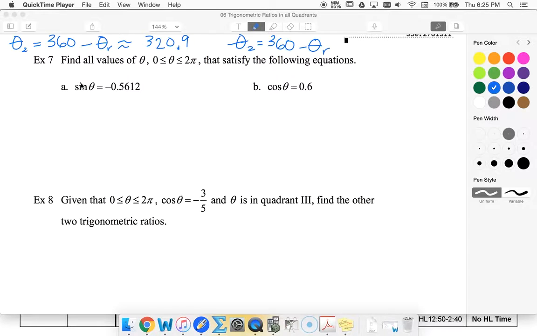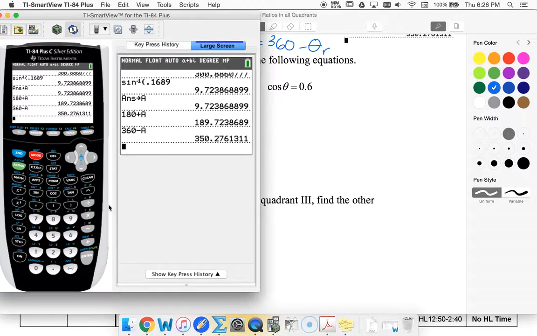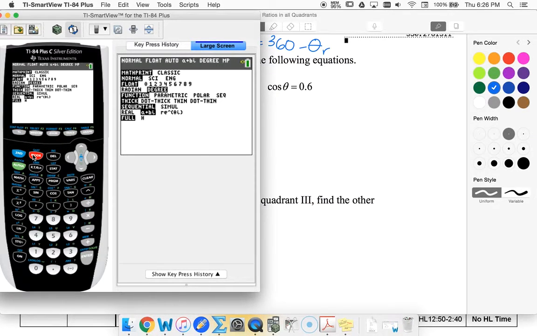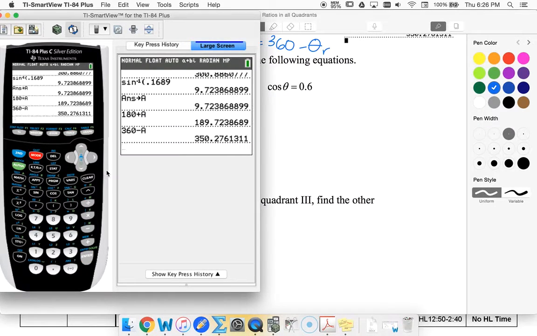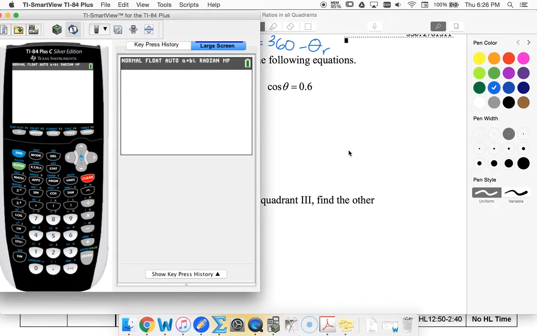So example 7 is just like example 6, except now I'm in radian mode, which I know because I see no degree sign, and I'm going to 2 pi. So the first thing I'm going to do, go into my calculator, go into my mode, and switch it to radians. All right. Come back to the home screen. I'm going to clear it out. So